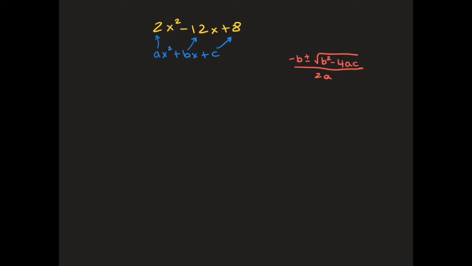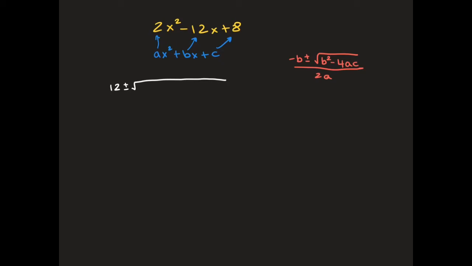So you've got minus b plus or minus square root of b squared minus 4ac, divided by 2a. Now we've got all the a, b, and c values. All we have left is just plugging it in and then simplifying. So minus b. Our b is negative 12. So minus of minus 12 is positive 12. So 12 plus or minus square root,